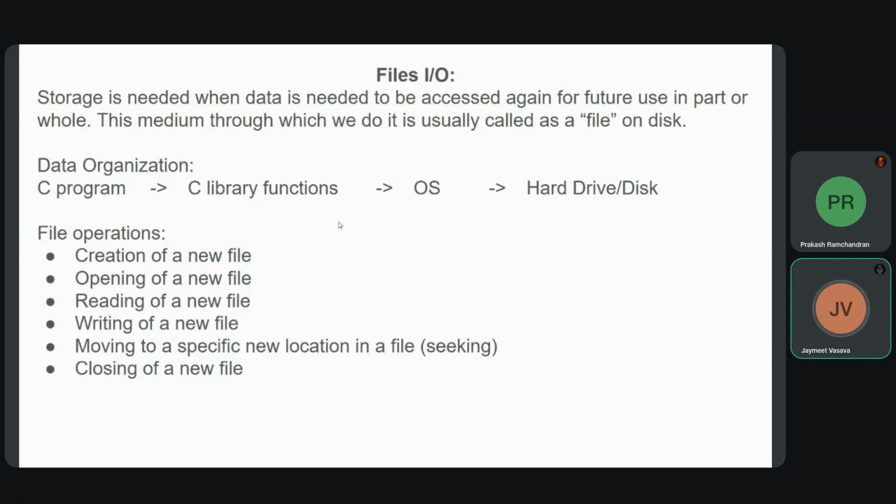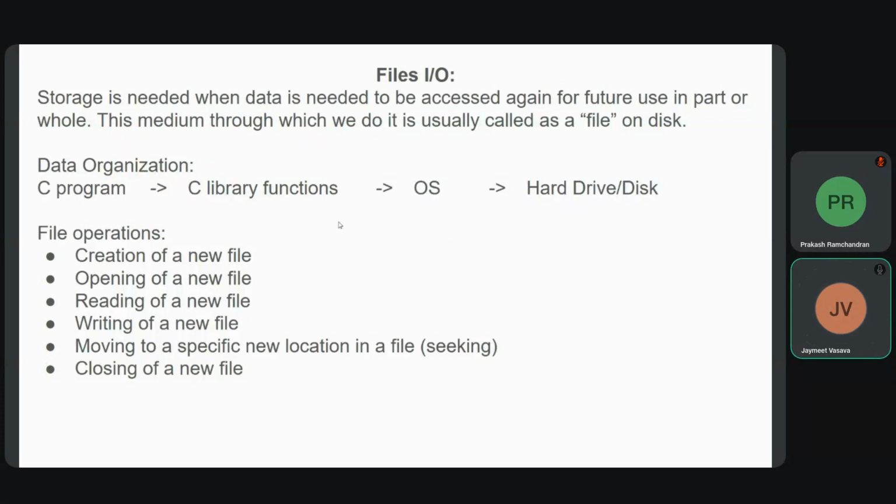Whenever we write a program, we have to keep the variables or the data within a buffer, or on hold in a certain part of memory, and then constantly refer to it whenever we need it. But as soon as the program is terminated, the data is lost. That is the reason we store files, in order to refer back to them for future use, whether partial or full. So storage is needed when data has to be accessed again for future use in part or whole. The medium through which we do it is usually called a file on disk